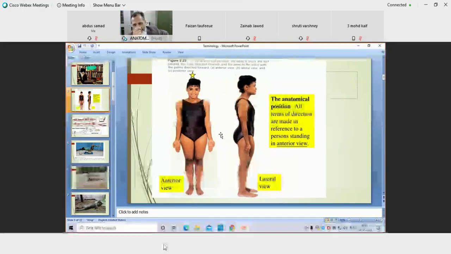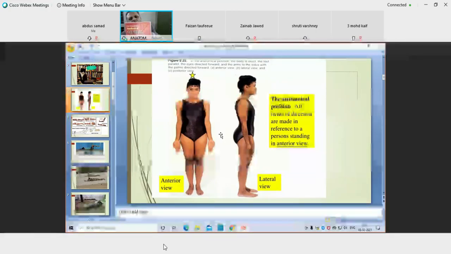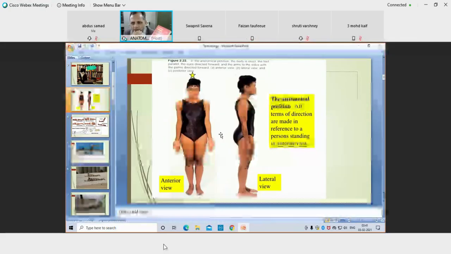Okay. Border and surface. Just look at this book again. Now tell me which one is the surface and which one is the border. Or you can tell me what is the geometrical difference between the border and the surface. Anyone? Sir, border is one dimensional, and surface is two dimensional. Yes, border is one dimensional, having only length in it. Okay, and surface is two dimensional, 2D, like area, length into breadth.